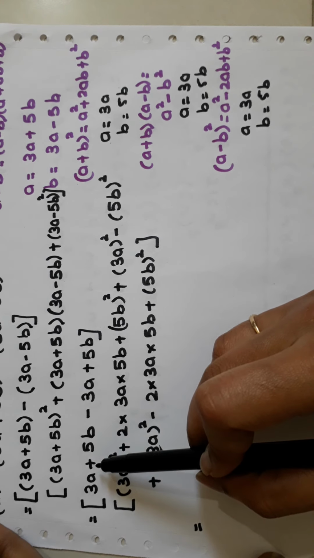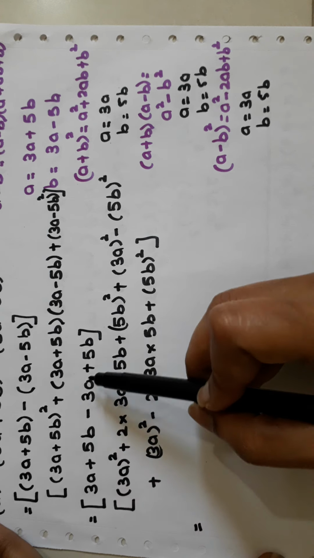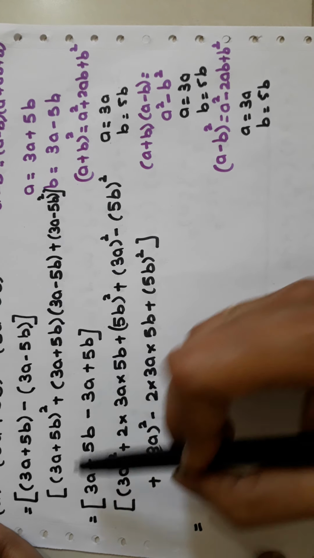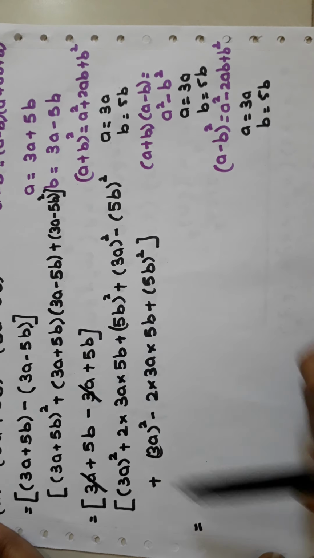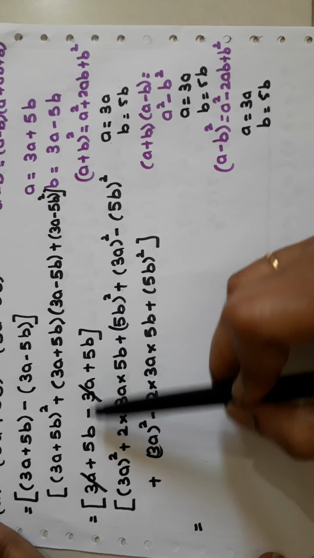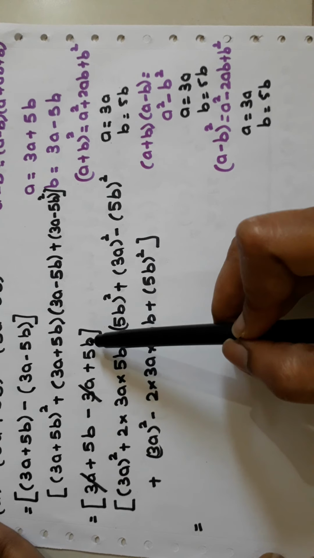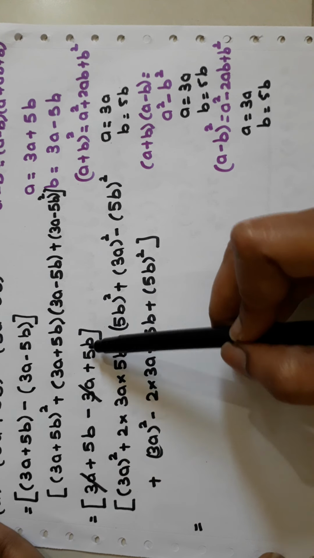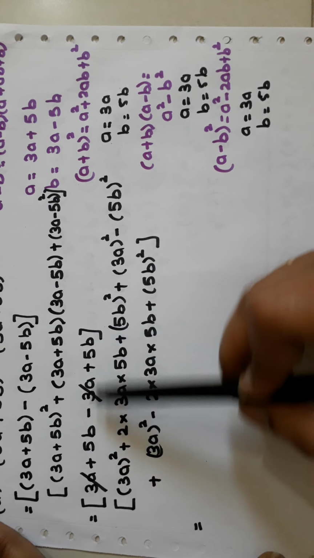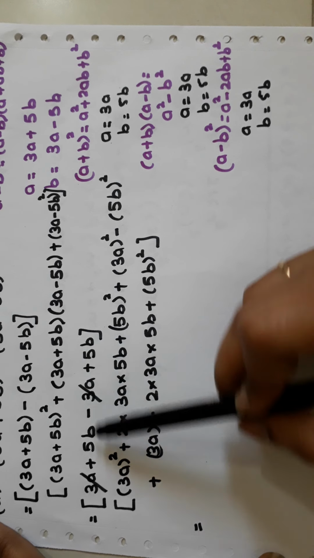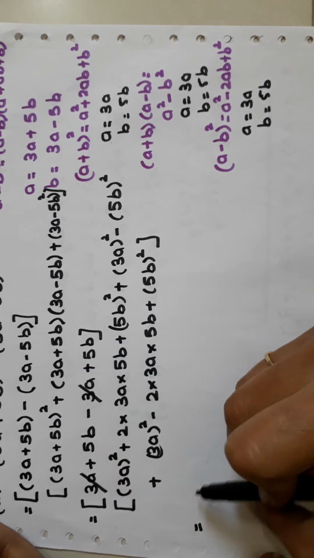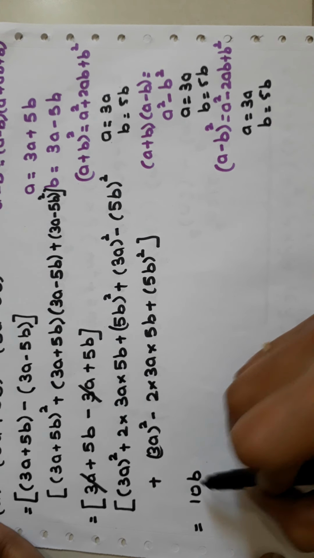Now in the first square bracket, 3a and minus 3a both have opposite sign. This is plus 3a and this is minus 3a, so both will cancel out. And 5b, 5b: both are like terms because the variable is the same in both terms and the power of the variable is also the same. So we can add the like terms. Since both have plus sign, we are going to add the terms. So how to add the like terms? Add the coefficients, 5 plus 5 is 10, and write the variable as it is.